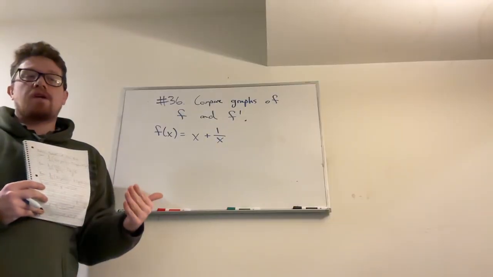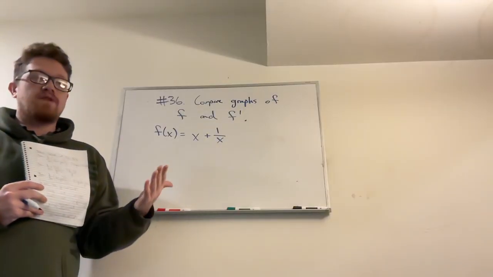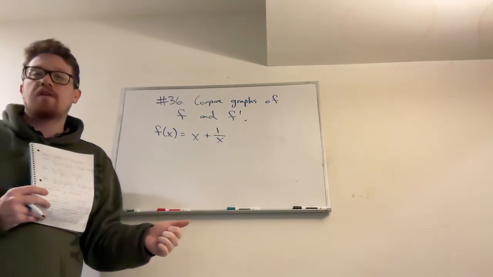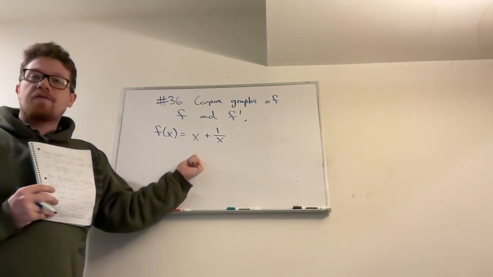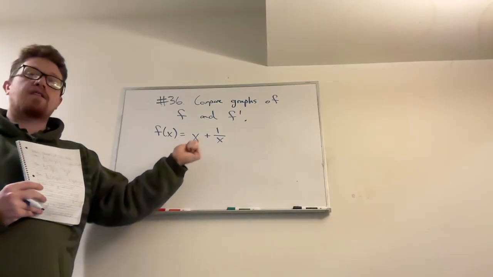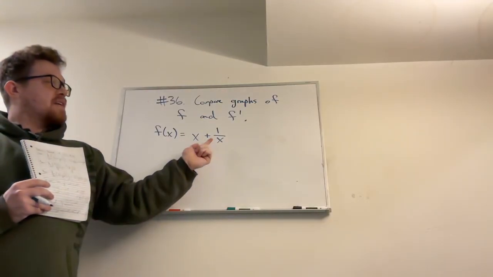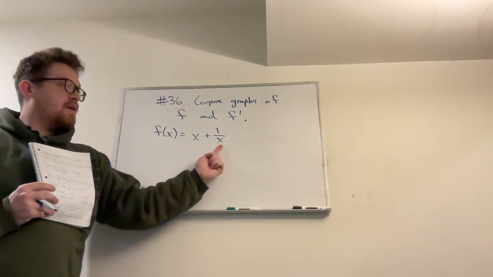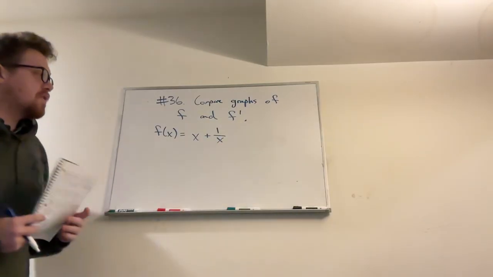But you can prove it more generally, and it actually works for any n. So the power rule works for any n. For x to the n, the derivative is still n times x to the n minus 1, but in this case, n can be negative 1. So we have x to the 1 here, and here is x to the negative 1. So if we want to take the derivative